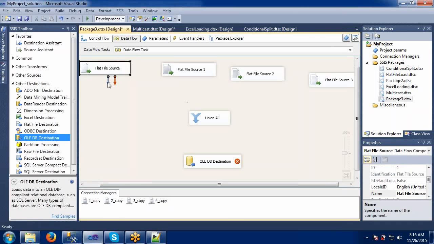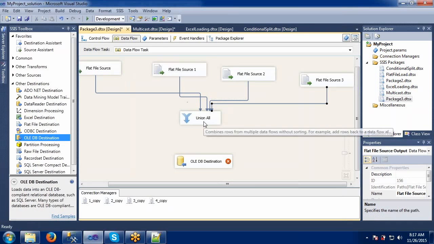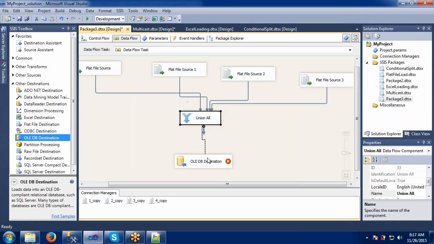Now I am connecting to union all. So this is how we can use the union all. What are the things we can do in this union all? Let's open this one.